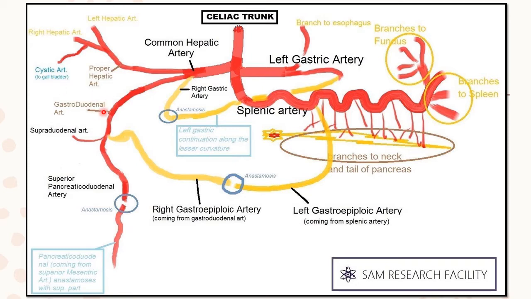The gastroduodenal artery over here, as you can see, we will just see in a minute its relation to the duodenum. It is going to divide into two major branches. One of these is the superior pancreaticoduodenal artery, and the other one is the right gastroepiploic artery. The right gastroepiploic artery will anastomose with the left gastroepiploic artery, which we will just see in a minute, which is coming from the splenic artery, and these two will form an anastomosis around the greater curvature of the stomach. Whereas the superior pancreaticoduodenal artery will be supplying the portion of the head of the pancreas, and it will be anastomosing with the inferior pancreaticoduodenal artery.